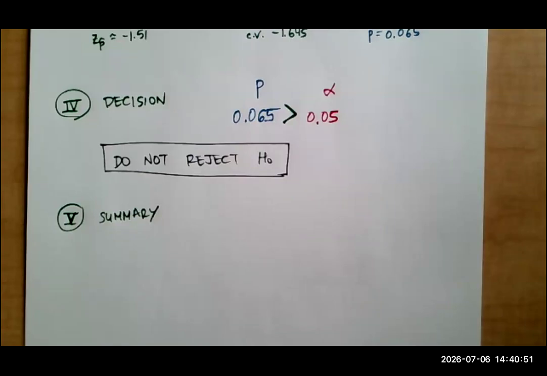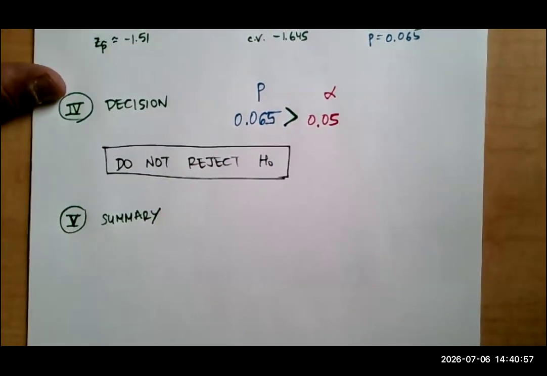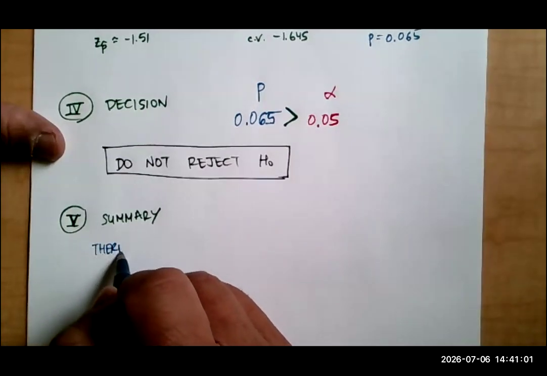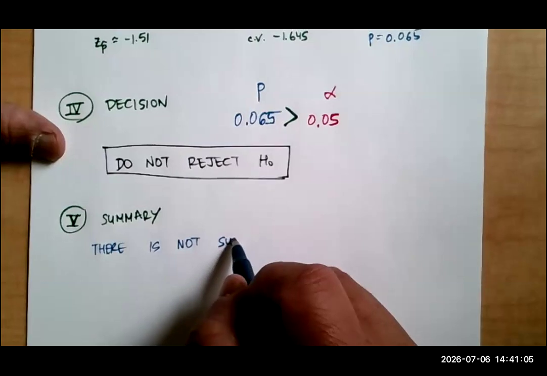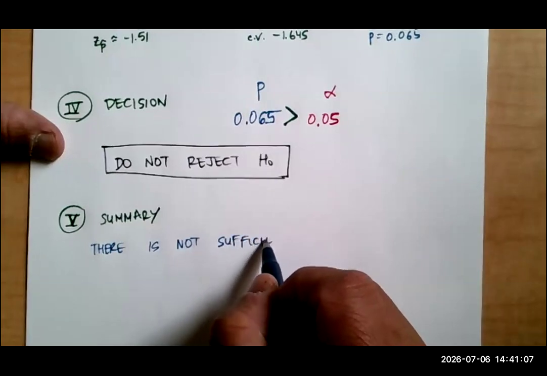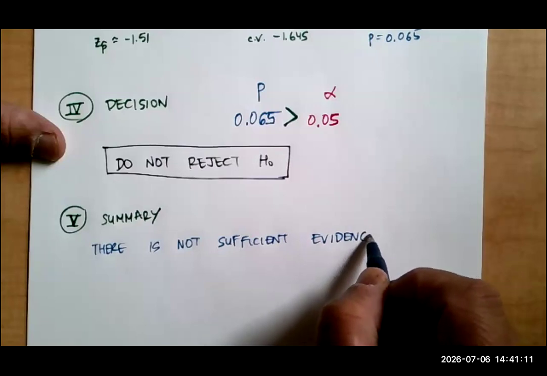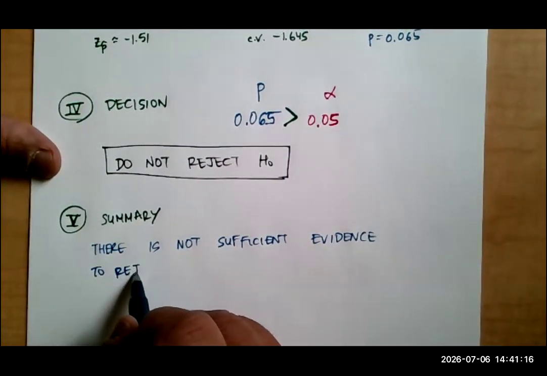So even though this dietitian thought that that percentage should be lower, we're not rejecting that value. So in this case, for our summary, there is not enough, or I'll go back to that word sufficient, either way is fine, evidence based on our sample to reject